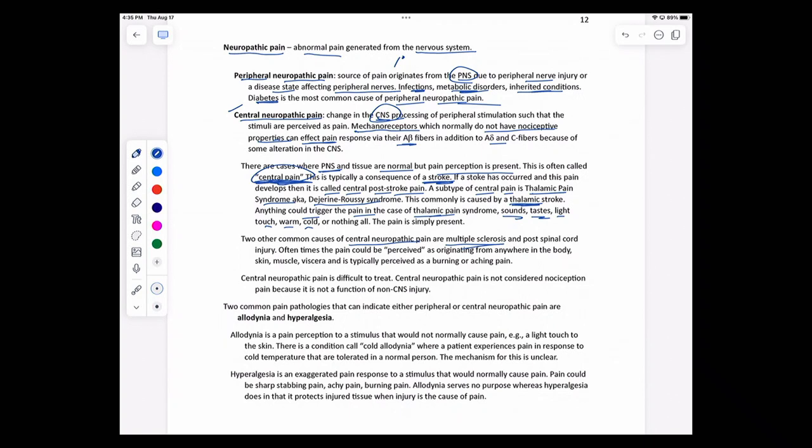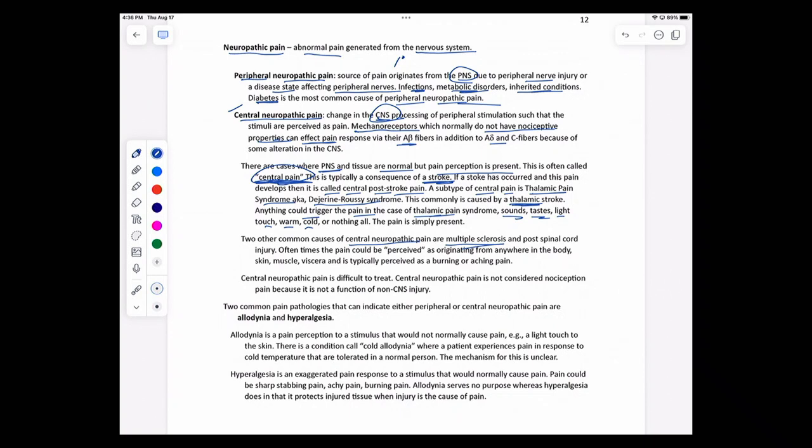Another cause for central neuropathic pain is going to be spinal cord injury. There are some people who injure their spinal cord, they may be in a wheelchair, their legs don't work, or if it's a spinal cord injury high up in the spinal cord, maybe in the cervical area, maybe they're quadriplegic. But regardless, they have some type of spinal cord injury, and a subpopulation of people with spinal cord injury are going to report sometimes intractable pain, horrible pain, and that pain could be perceived as a burning pain or an aching pain. It may be localized in a particular area of the body.